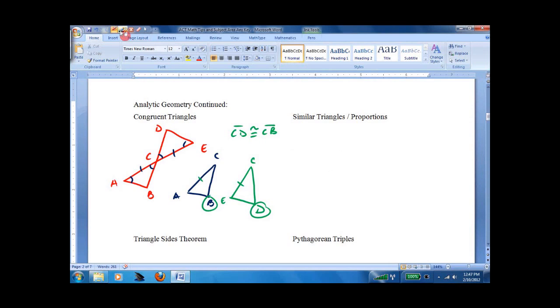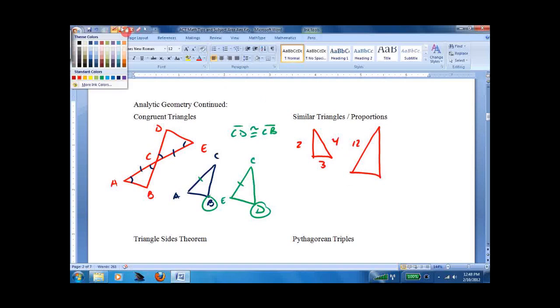Picking up where we left off, we look at some similar triangles. Similar triangles means the sides match up. So if you have a triangle with sides of 2, 3, and 4, and another triangle over here that's bigger with sides of 12, and they say they're proportional, and 12 is the longest side, then you just start matching up sides and writing a proportion. So 4 is to 12, and let's just say that this side is x, as 3